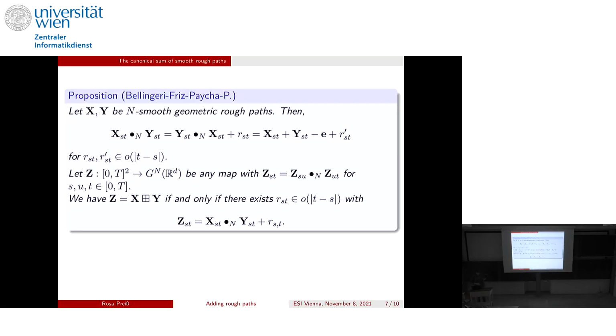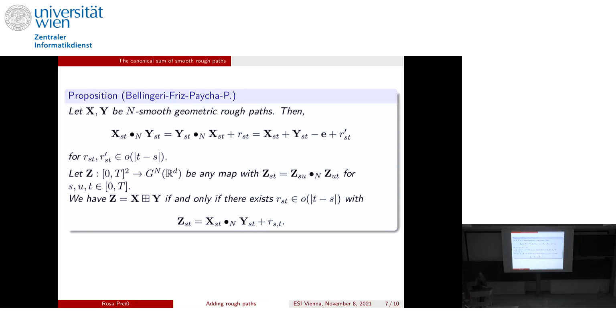And what is our result here is that now the sum of rough paths that we have defined simply through the diagonal derivatives also has a nice meaning in terms of the original rough path increments. And it's simply like, if you have a smooth rough path X and a smooth rough path Y, you basically cut them both down to very small pieces, and then like a zipper, you put one small bit of X and one small bit of Y, one small bit of X again, one small bit of Y again, and so this statement says this makes sense,